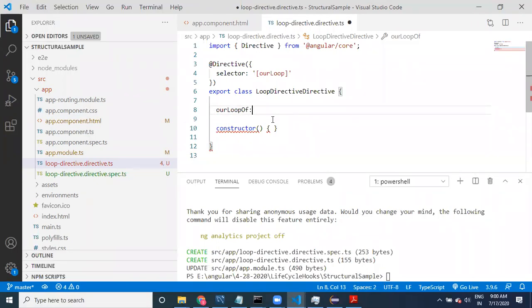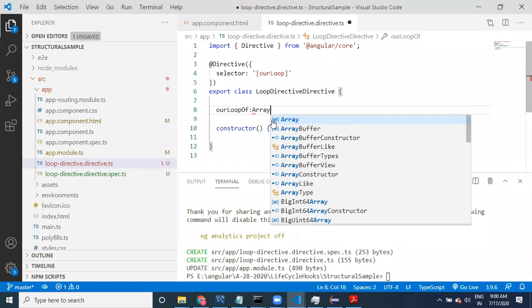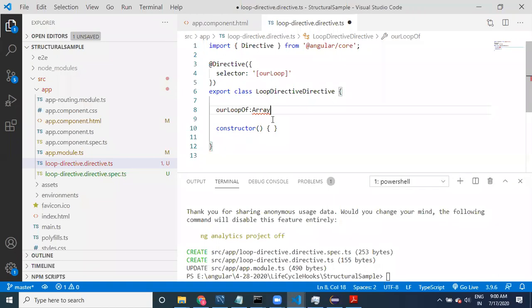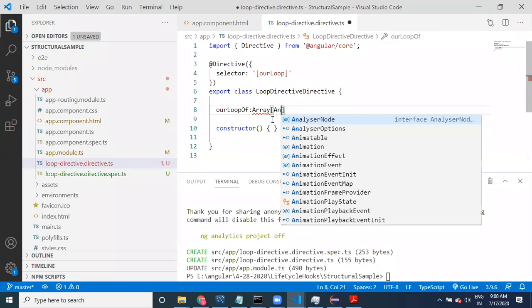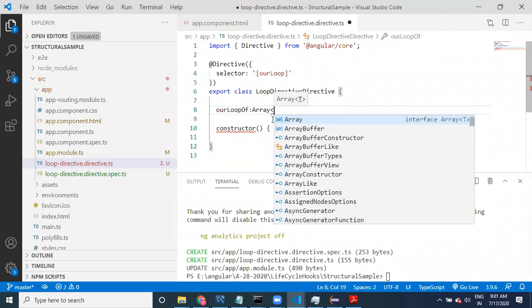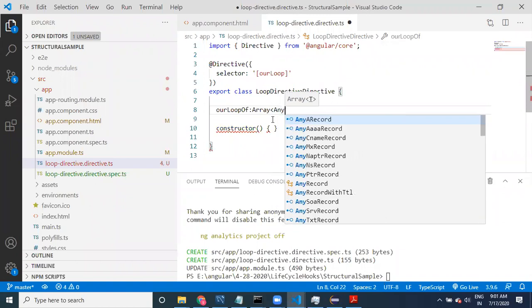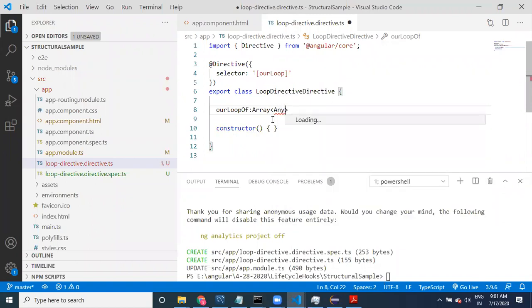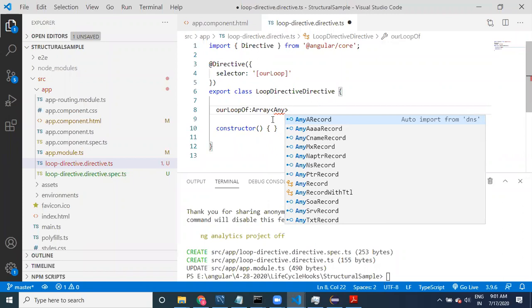Here this can be called array type, array of. You may provide integer or any type, array of integer, or any, meaning any object.